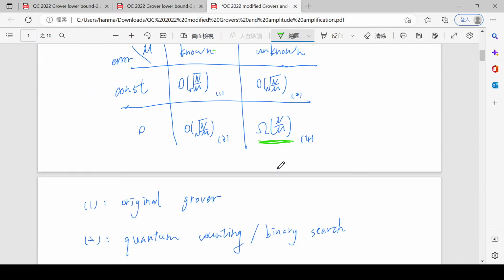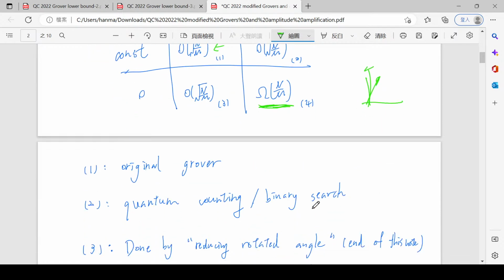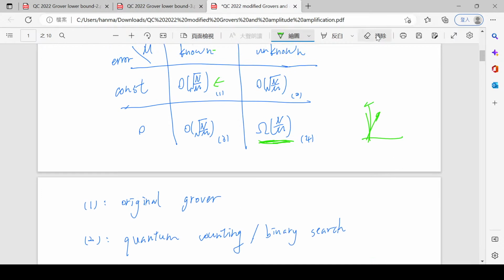So those 4 results. The first one, as we said, is the textbook one. You just run a rotation up to somewhere close to this beta axis, and you will get a constant error, and you require order square root n queries. Okay, and the second one, we spent a lot of time talking about it, but